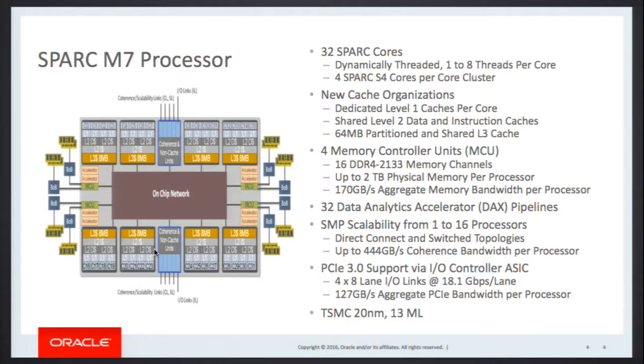Another important thing about processor development, any type of processing, is being able to move information in and out of the processor. So one of the things we really focused on was memory bandwidth and I/O bandwidth. Anything to do with storage, anything to do with database in memory is how much information can you move in and out. So we have an up to 2 terabyte memory subsystem that supports over 170 gigabytes per second aggregate memory bandwidth,